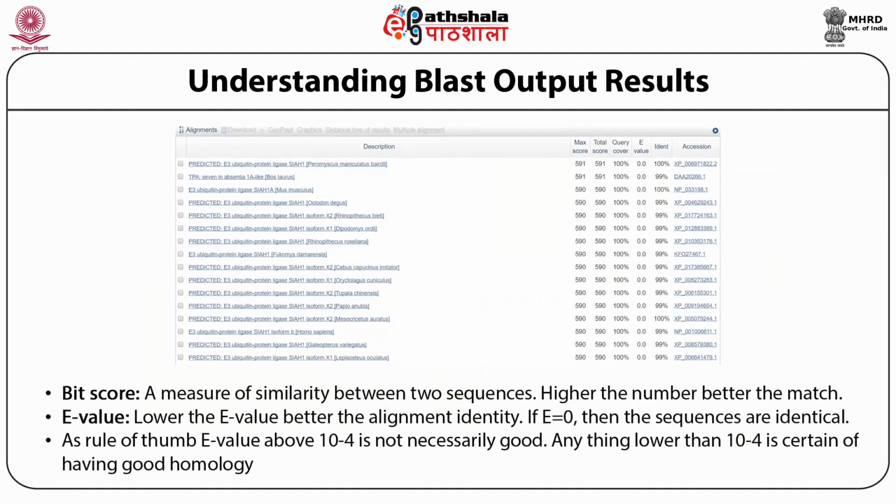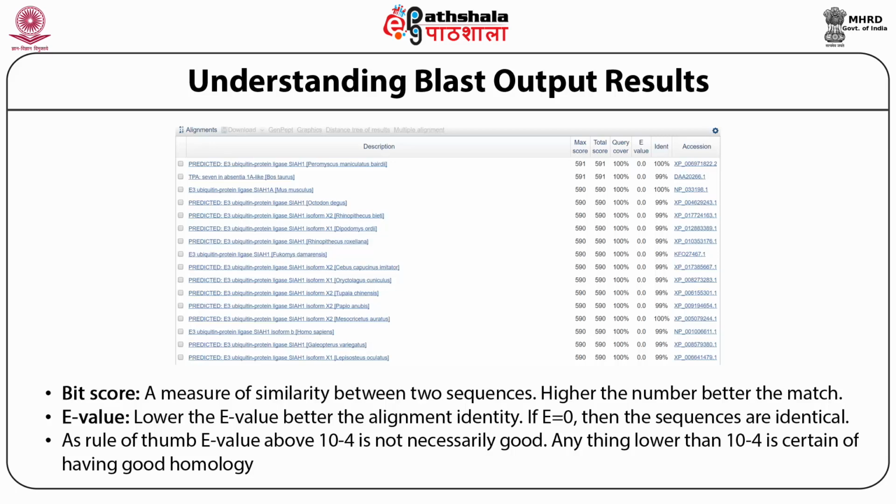So here you see the pairwise alignment scores to various sequences in the database. You see different types of ubiquitin protein, like SA1, TPA, E3 ubiquitin protein. On the right side you see the score, the E value and the identity. The first one, obviously, has 100% identity, that means each and every amino acid is matched. Then you get 97%, that means one amino acid is not matched. All this information you will get from the BLAST output.